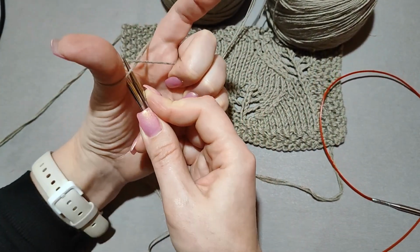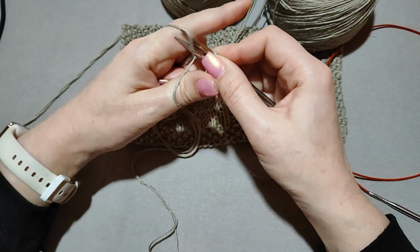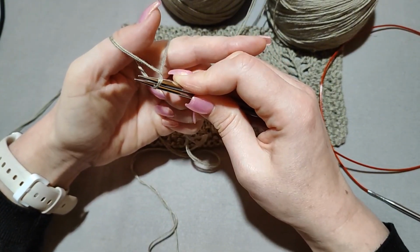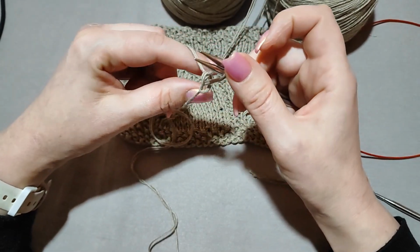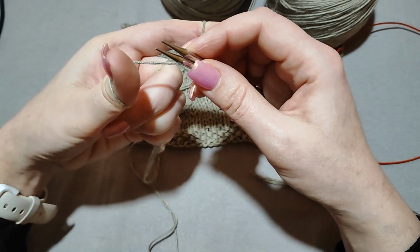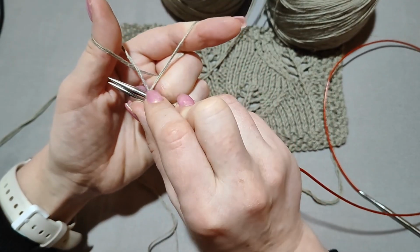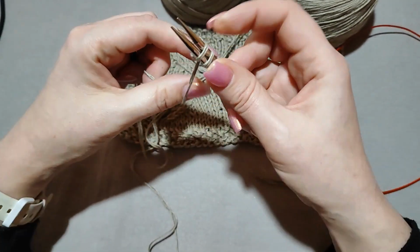I'm using a slightly smaller size, but it doesn't really matter. So for the first stitch, I put my needles from below into the loop, grab, so here the yarn is crossing, so I grab that strand that goes over the index finger and I pull it back through the loop over the thumb, take out thumb, and then sort of do this movement to tighten the stitch around the needles. And now if I take my needles back to the palm, here we have this loop that's forming, and I grab the loop that goes to the index finger, pull it back,